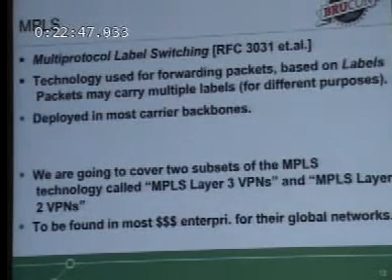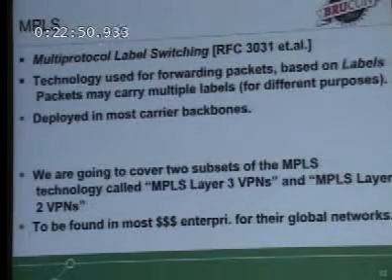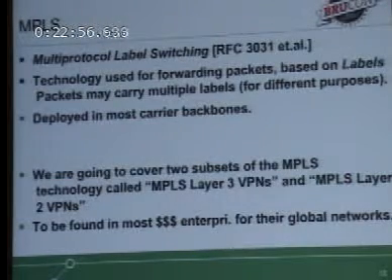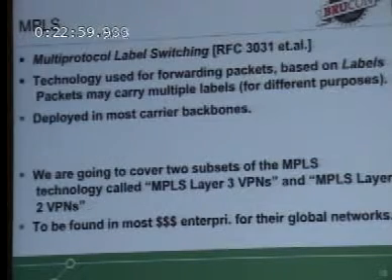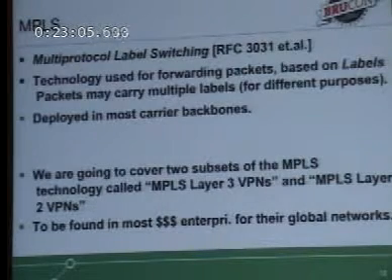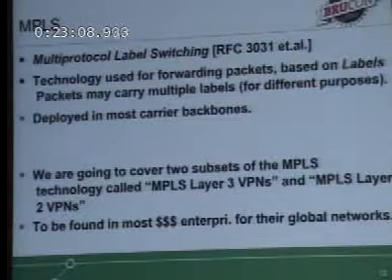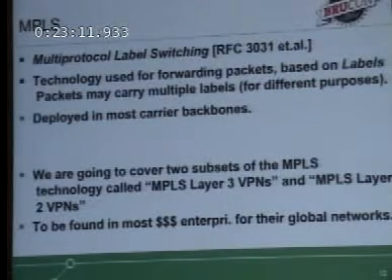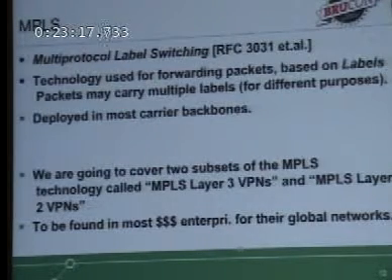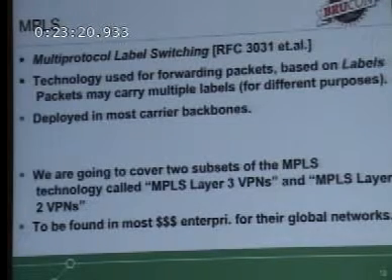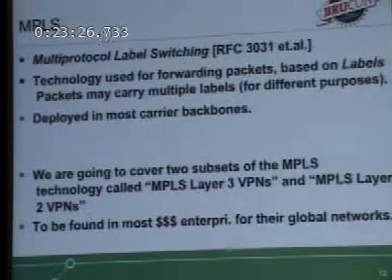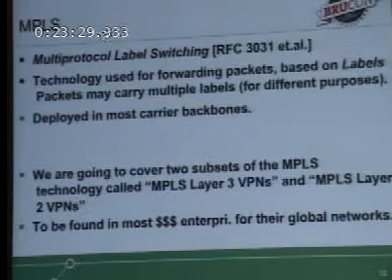So, time to switch over to the next topic, to the next focused point. It's MPLS. What is MPLS? MPLS in short is multi-protocol label switching, described mostly in RFC 3031, and it's mainly used for forwarding packets based on labels. So if there is some information on the network and the information drops on a router, the router sees, oh, the destination of this packet is some other MPLS router, and I have to label it. It's almost like the same like an